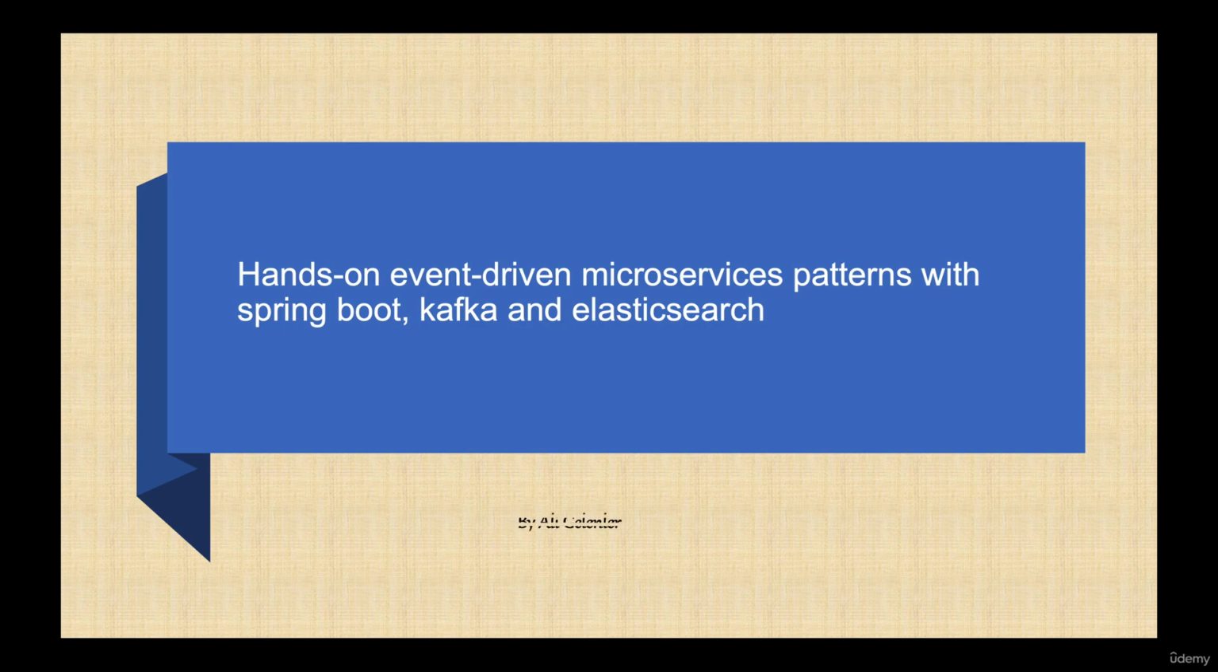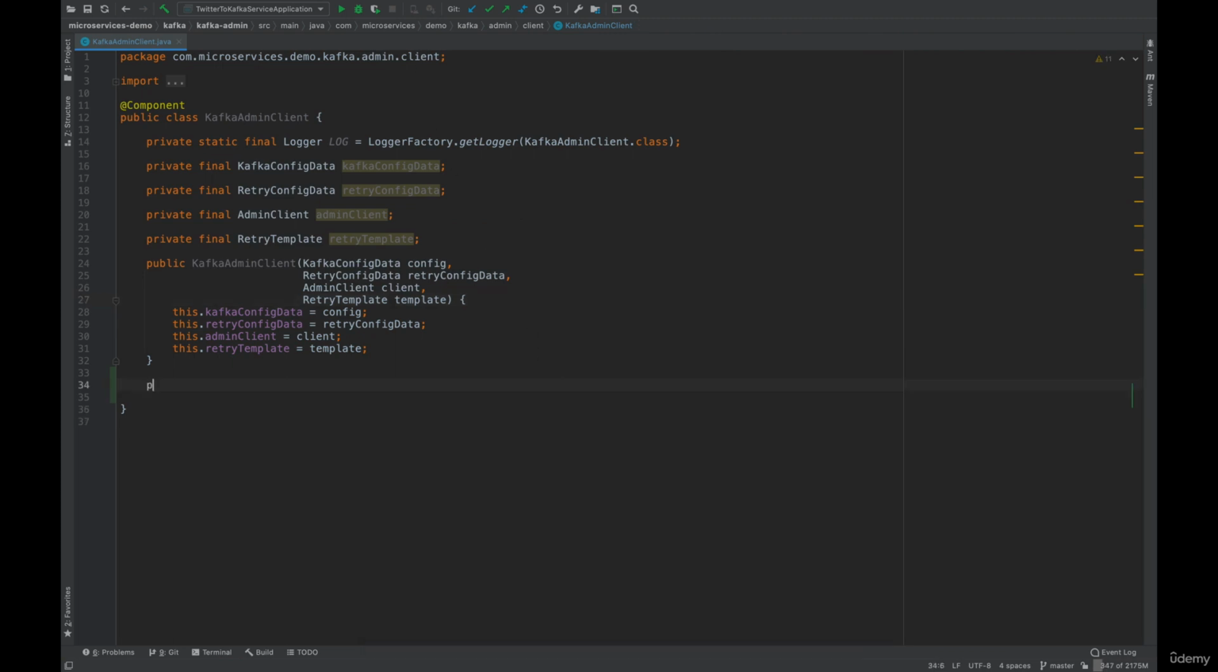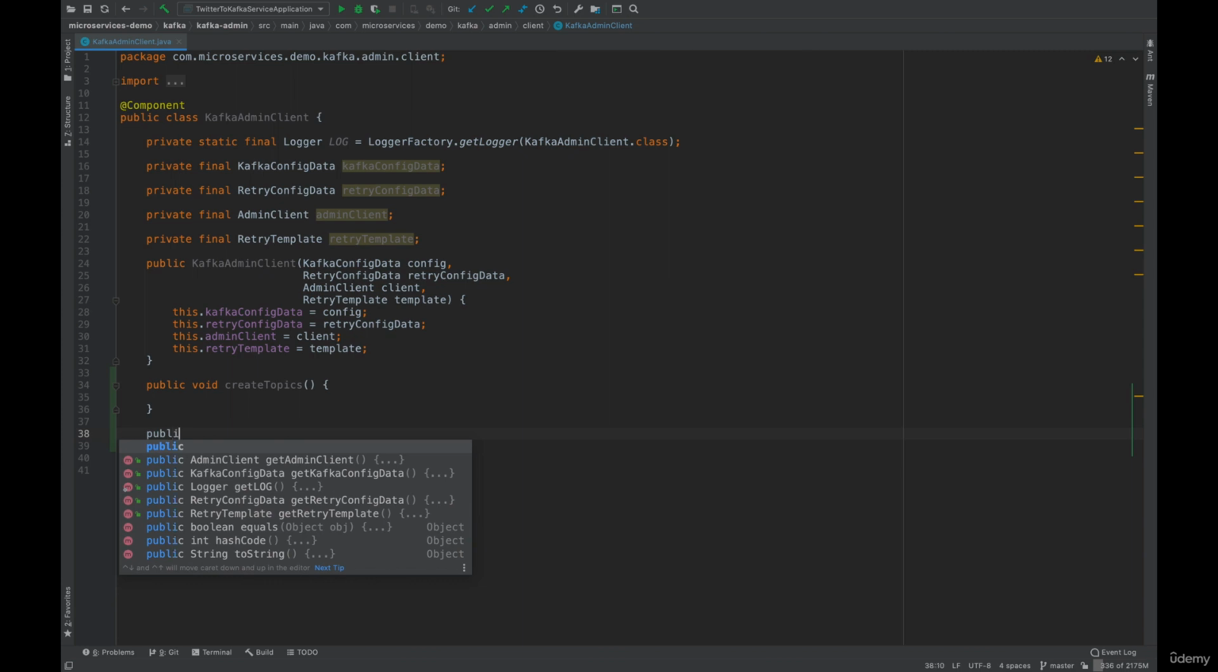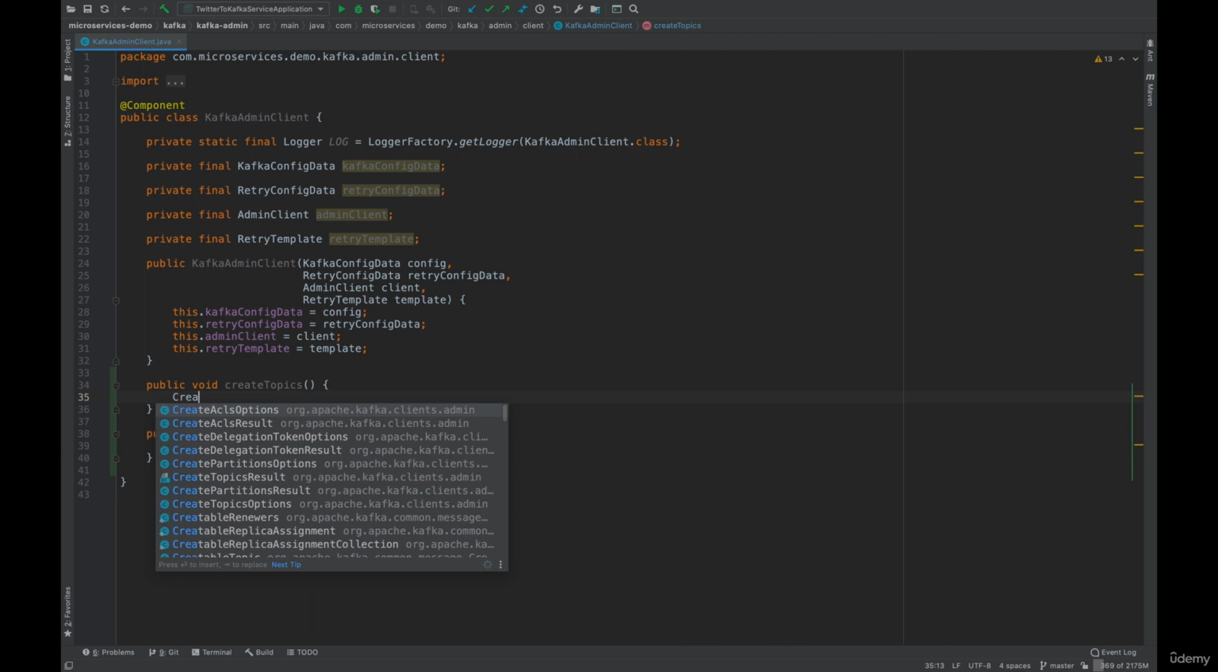Let's now create two public methods, createTopics and checkTopicsCreated in KafkaAdminClient class. We will start with createTopics method. In this method, let's first create a local variable, createTopicsResult,